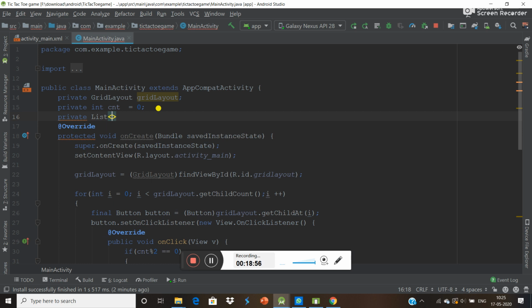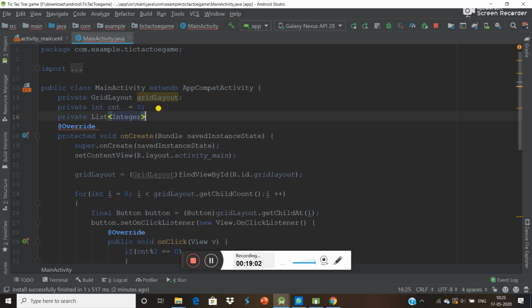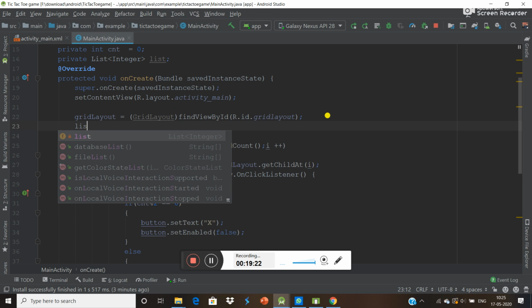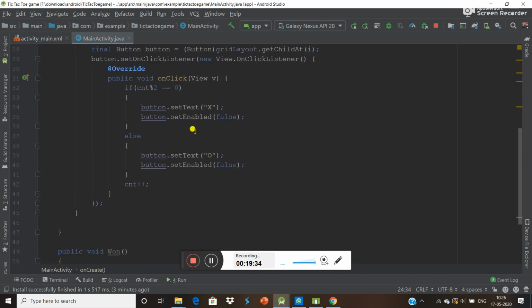Simply you can declare an array like this. Okay, here paste the name, and like that you can write any name here, list. Okay, and here, yeah, remove it. Basically declare it list. Okay, is equal to new ArrayList. Okay, so now whenever this thing happens, yeah, one more thing,